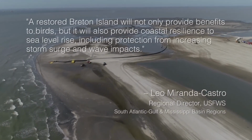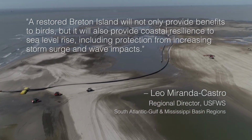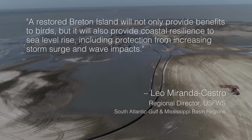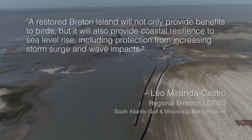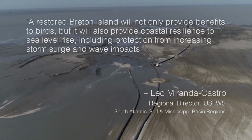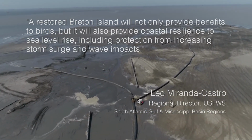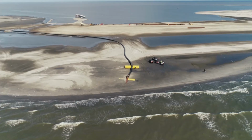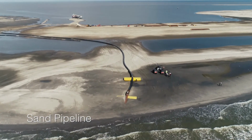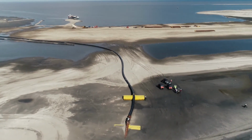A restored Breton Island will not only provide benefits to birds, but it will also provide coastal resilience to sea level rise, including protection from increasing storm surge and wave impacts. Leo Miranda Castro, Regional Director, USFWS, South Atlantic Gulf and Mississippi Basin regions. Sand pipeline. Jimmy Laurent, Refuge Manager, Breton Wildlife Refuge, USFWS: